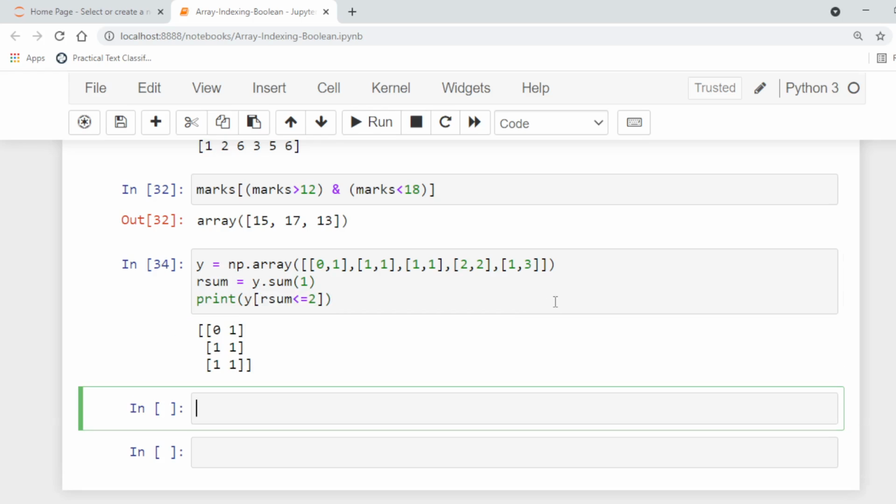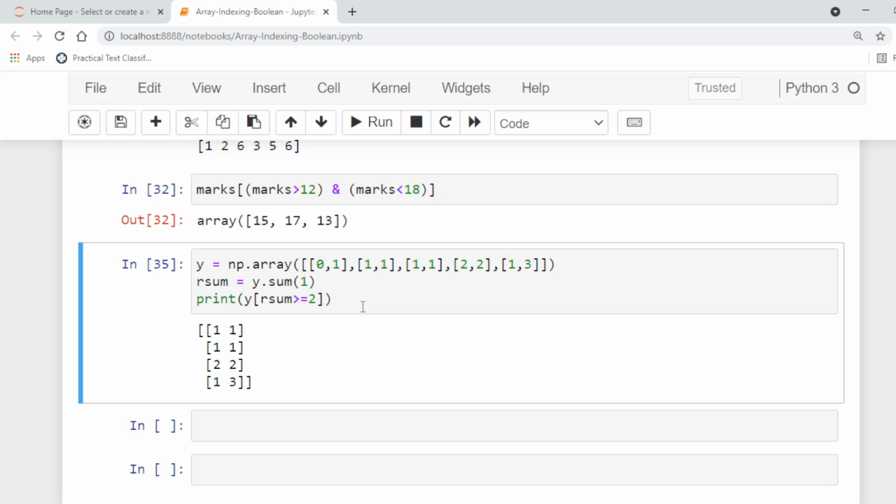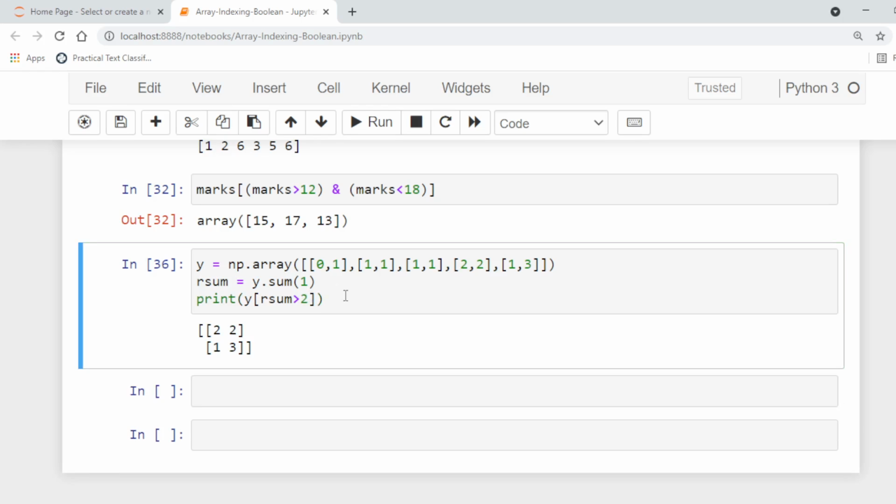So 0, 1, 1, 1 and 1, 1, because 2, 2 and 1, 3 sum is greater than 2. If we change this to greater than or equal to 2, it will return all the values. Or if you just check greater than 2, it will return only those rows whose sum is greater than 2. So in this way we can specify different conditions.